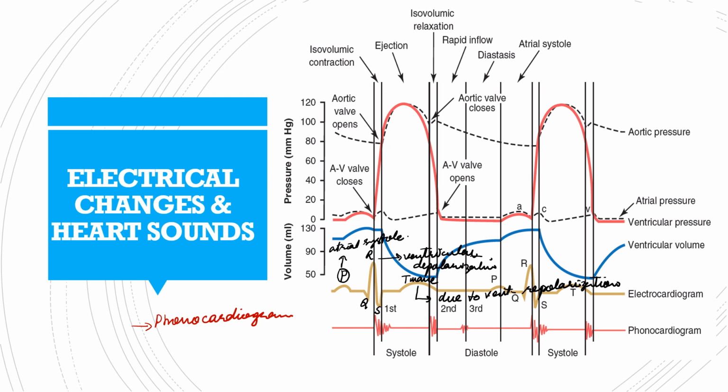However, when the valve closes, so the first valve that closes before systole is the aortic valve. So when it closes, the veins of this valve and the surrounding fluid vibrate,